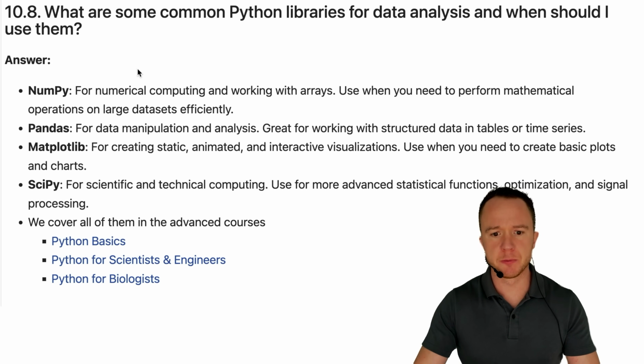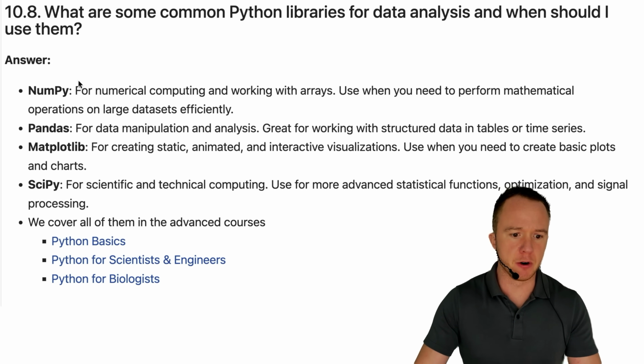Next question, what are some common Python libraries for data analysis and when should I use them? The main ones are NumPy, Pandas, Matplotlib, and SciPy. NumPy and Matplotlib we cover today, at least the basics. Pandas and SciPy we do cover in the advanced courses, so Python Basics, Python for Scientists and Engineers, and Python